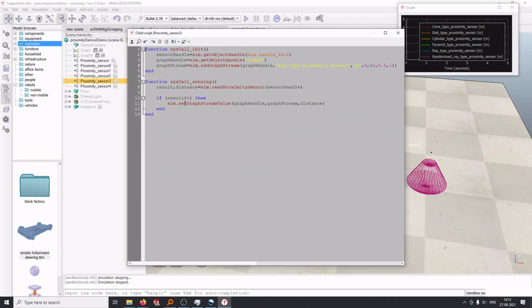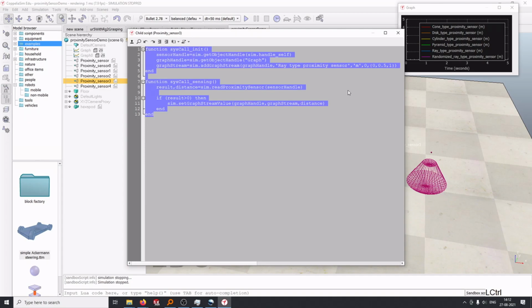What it does is it makes a handle, it tells okay, this is proximity 3. Then graph handler, it gets the name of the graph handler. Then it streams the array in that. So this is what we actually need.